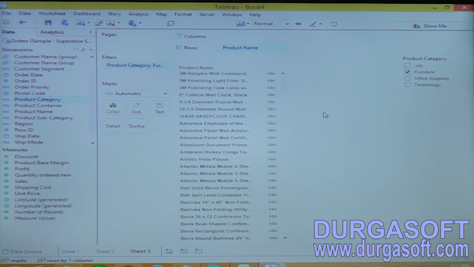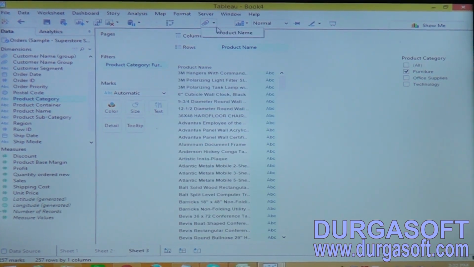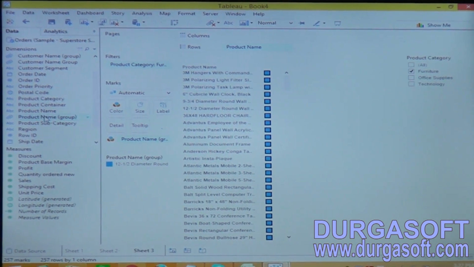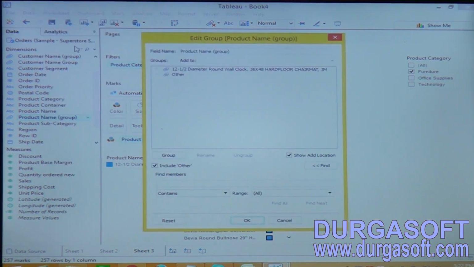Now let me create a group with the furniture data. If you want to create a group, click Control A, and it will select all the data. Now go to the group, click on product name, and it creates a product name group here. Click on edit group.